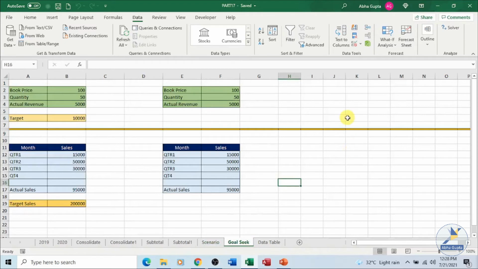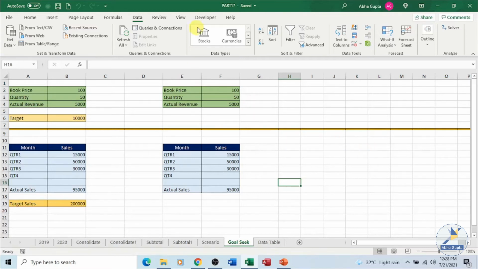Next, the what-if analysis tool which we will discuss is Goal Seek, which is also known as back solving. Goal Seek is the ability to calculate backward to obtain an input that would result in a given output. As the name itself suggests, we know our target value, the target which we want to achieve. So what changes should we make in the input to achieve that particular target? We go back from the output and change the variables which result in that output, or we change the input value to achieve the desired output.